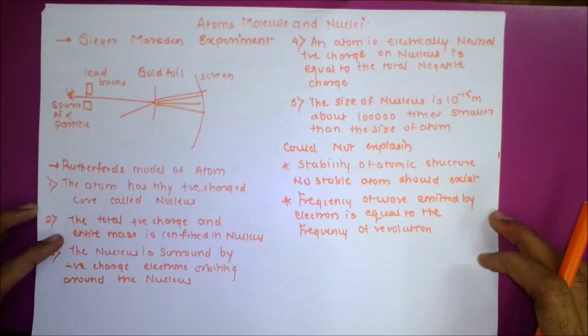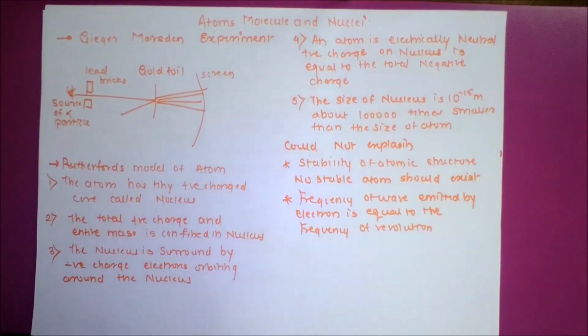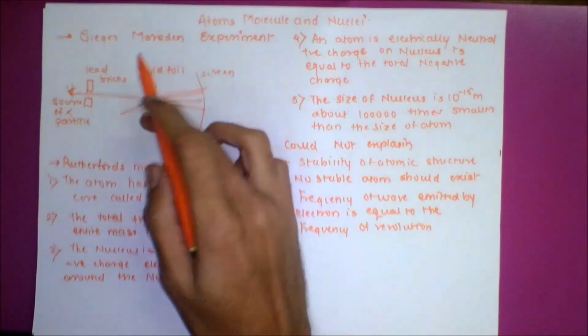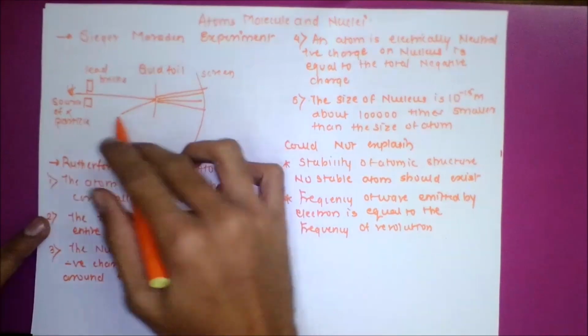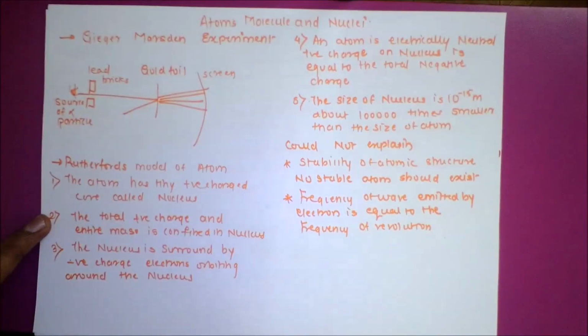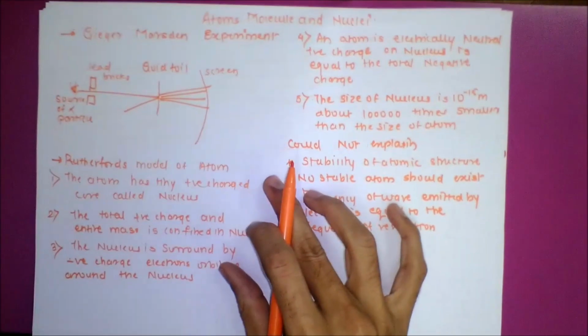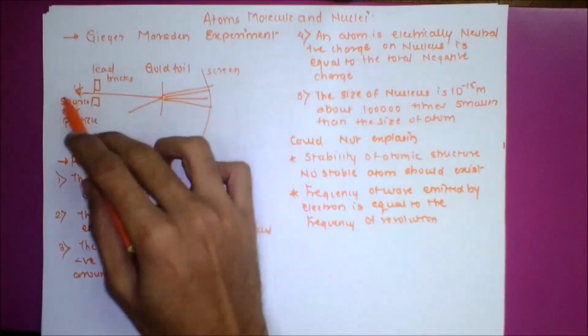We start with the chapter atoms, molecules and nuclei. We discuss the experiment performed by Geiger and Marsden. In this experiment, there was a narrow beam of alpha particles, which was thrown out from a radioactive source,